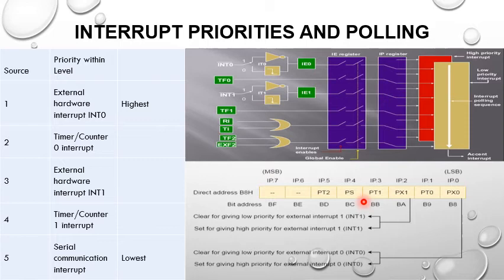Based on the two-level priority set by the interrupt priority register, interrupt subroutines are executed as follows under various conditions. When a high priority interrupt and a low priority interrupt appear at the same time, the high priority interrupt will be serviced first. When a high priority interrupt appears during the execution of a low priority interrupt service routine, the high priority interrupt will be serviced after suspending the low priority service routine. Finally, a low priority interrupt cannot interrupt a high priority interrupt.